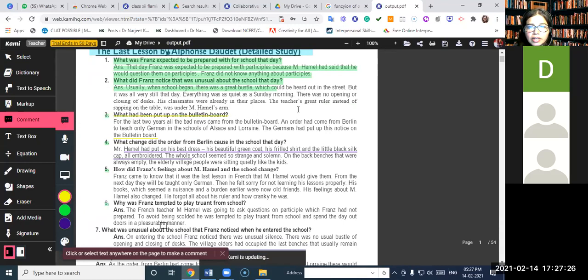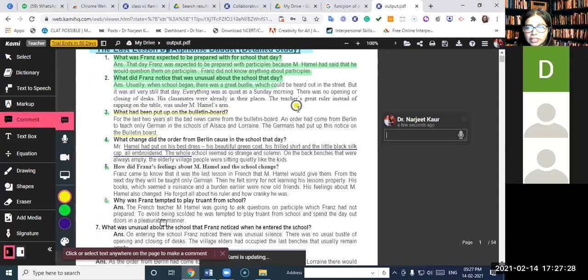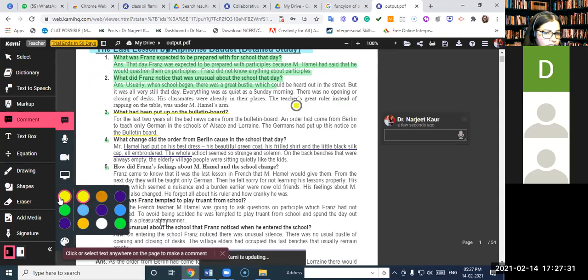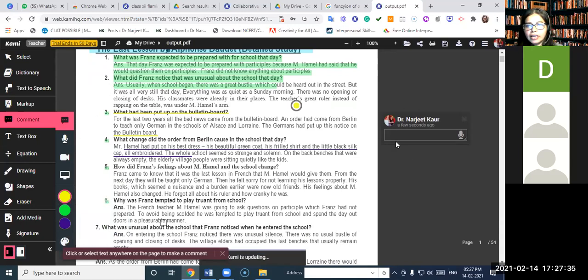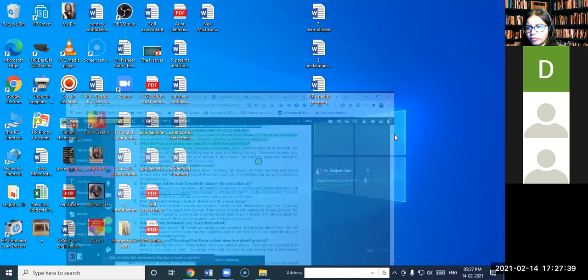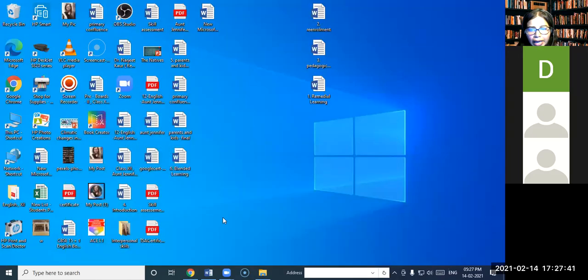I go and insert a comment, and you will see, because this was a yellow selected color, you can select any color of your choice. And I can write the comment that, okay, this wasn't very good, and